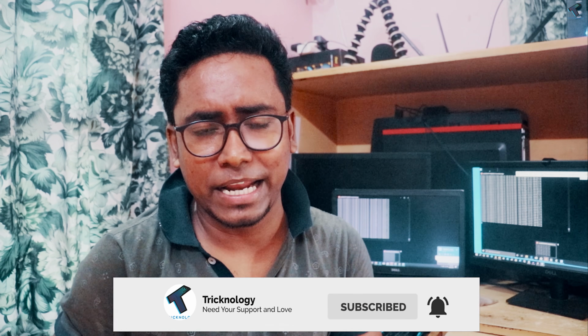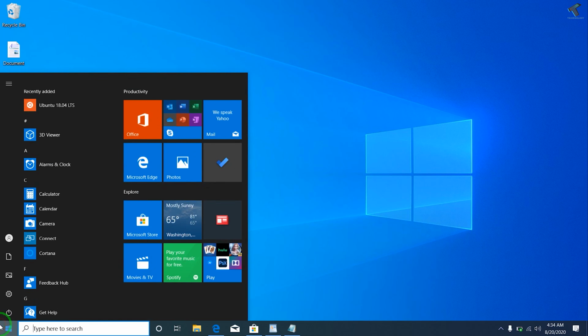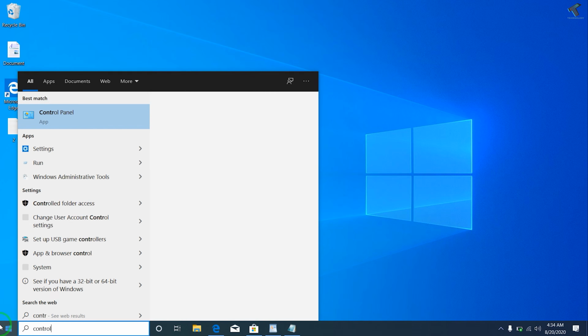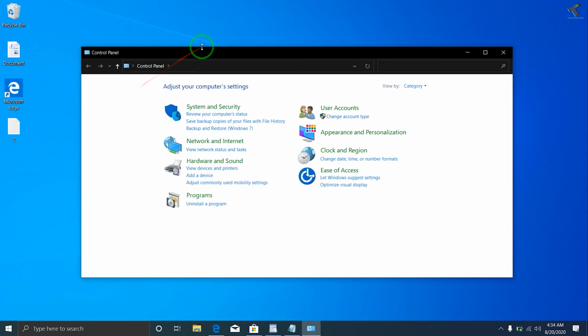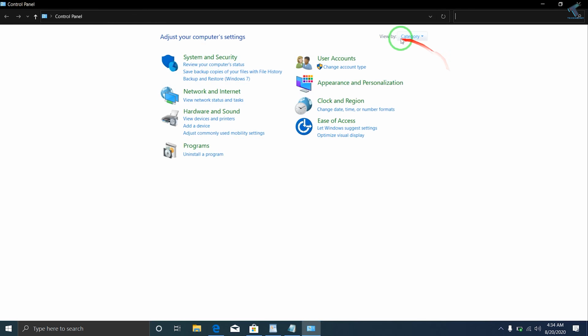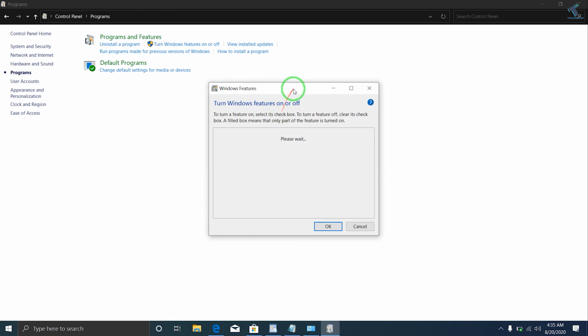So without getting much delay, let's get into it. So at first you need to go to your start menu and type over there control panel. Control panel, and after that click on control panel app. And once your control panel window opens, make sure that on your right side corner view by is selected as category. After that, click on programs, and then under programs and features you will get one option called turn Windows features on or off. So click over there, and after that